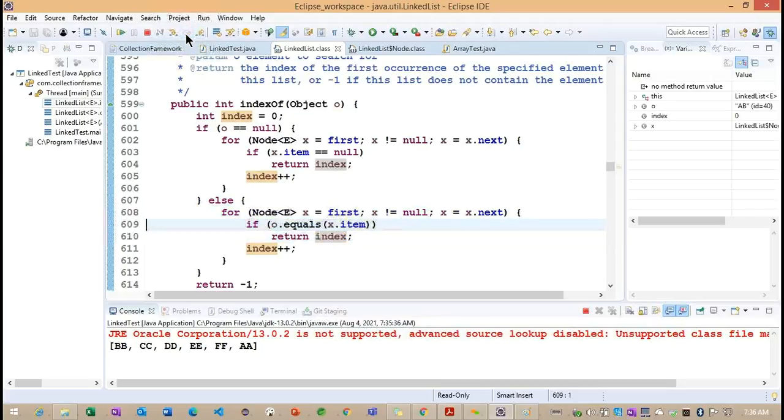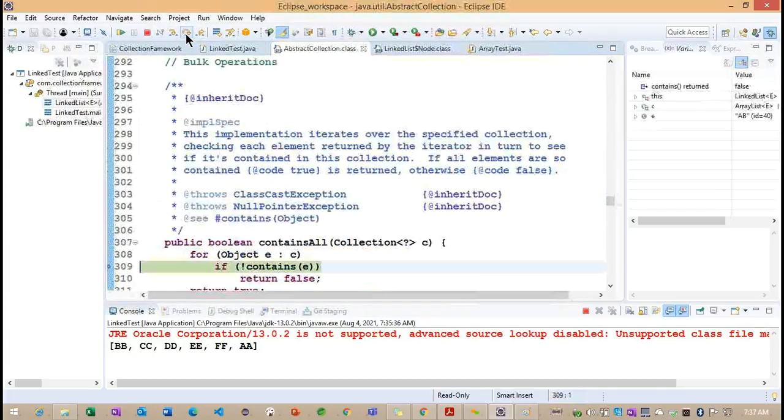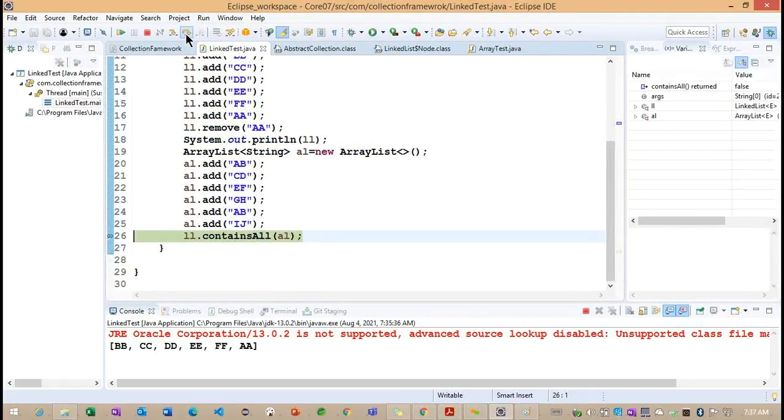Now you can see this object is not going to be identified. So -1 we are getting, and it is returning false. The containsAll is returning false. Why?